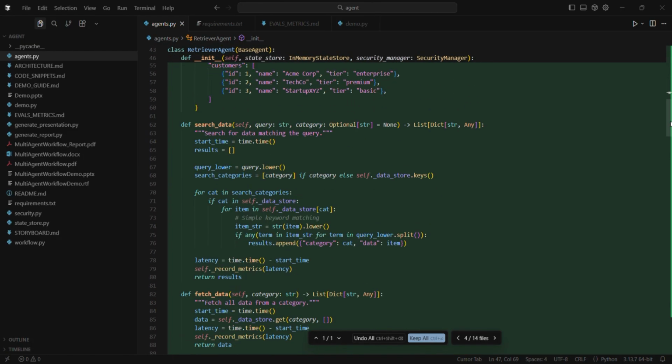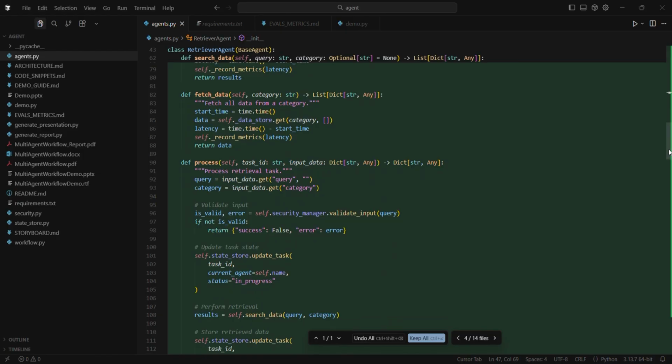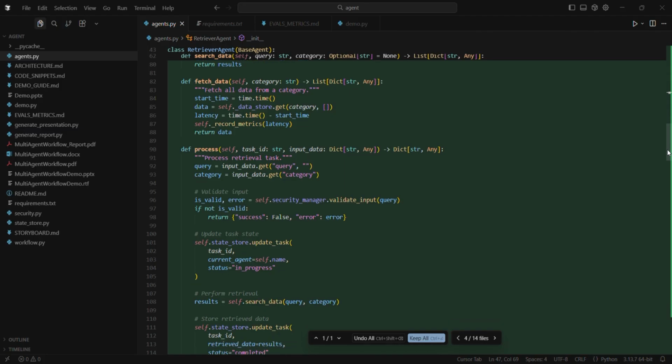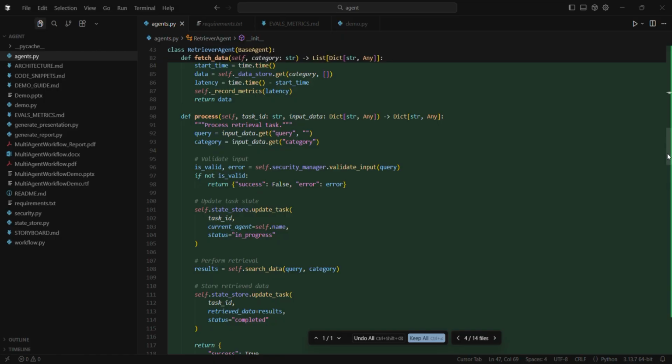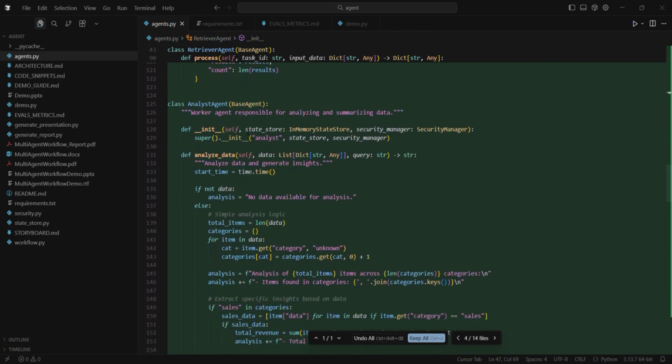And similarly, it searches the data as well, again within that hard-coded data. And there is a function fetch data as well. Again, it searches within this dictionary and returns that information back to the agent. Then the process will stamp itself with what agent it is working on. Then there is an analyst agent, which is again inheriting from the base agent, which initializes the